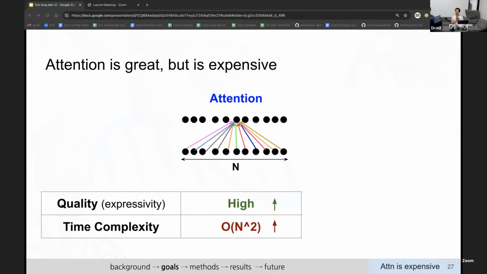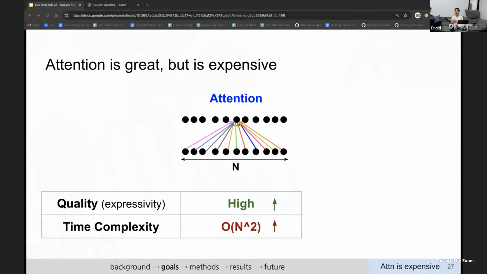And now I want to talk about what's the constraint on some of these models. Perhaps it's a familiar story that people have heard, which is a lot of these models, DNA models, use transformers like many other domains, and it can be restricted to context length because of the attention algorithm, right? The attention algorithm is this really powerful expressive operator, but it comes at a cost, right? So as the sequence length grows, the time complexity, the amount of compute required, will have this quadratic scaling or squaring law property associated to it.